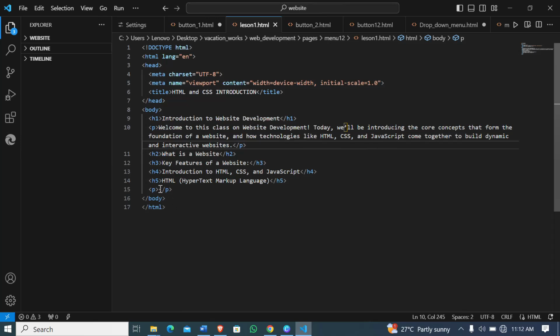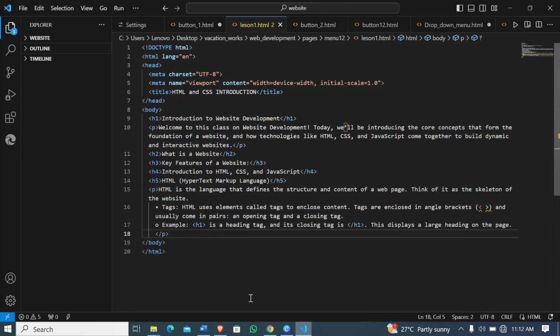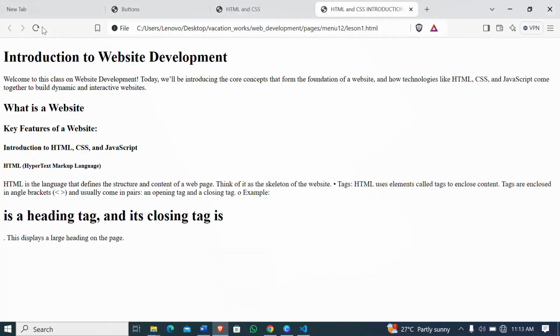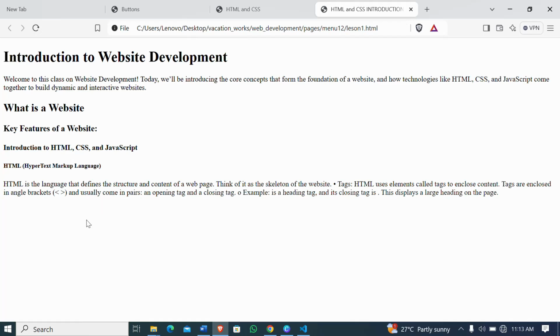So here is where I open that paragraph. Let me save and then refresh it again to see, and you can see that part is not there again. Okay,